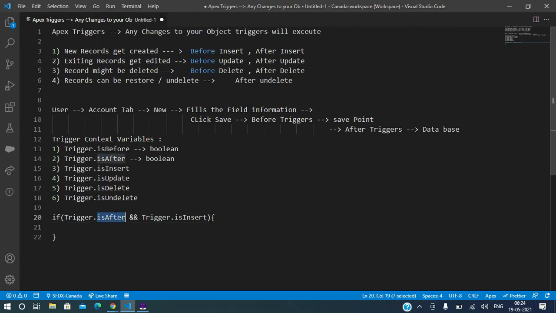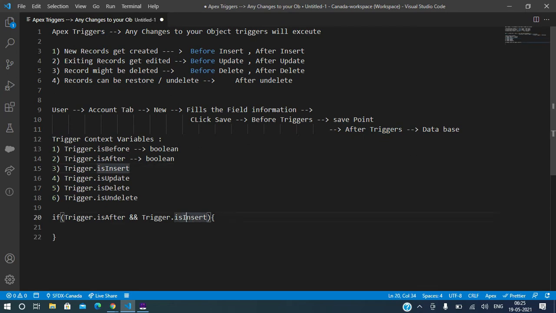See, when will isAfter be true, Gautam? Trigger.isAfter will be true when the trigger is running on the after event phase, after the save point. Right.